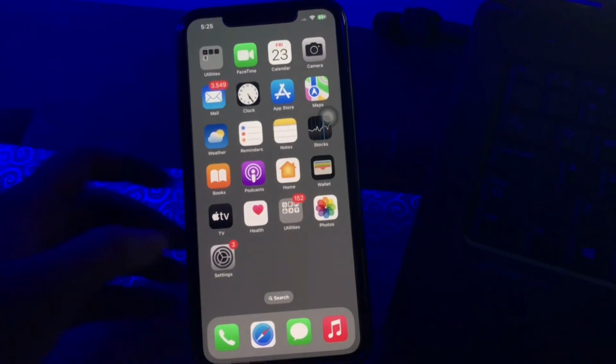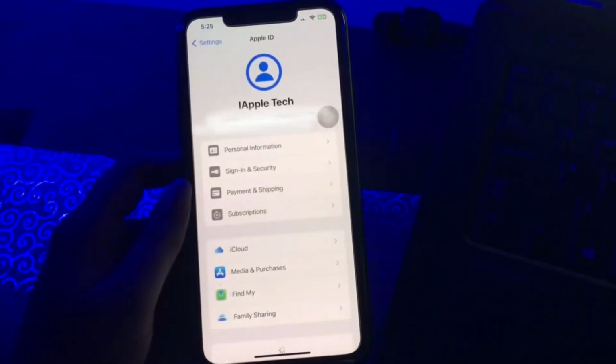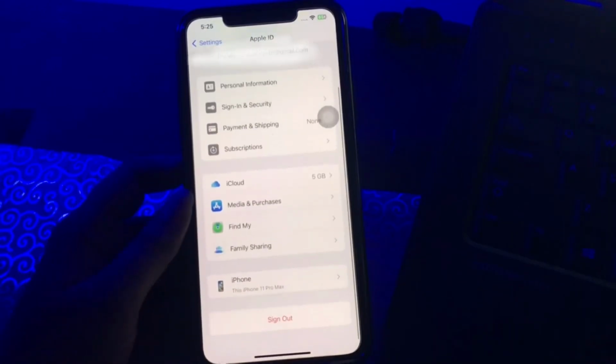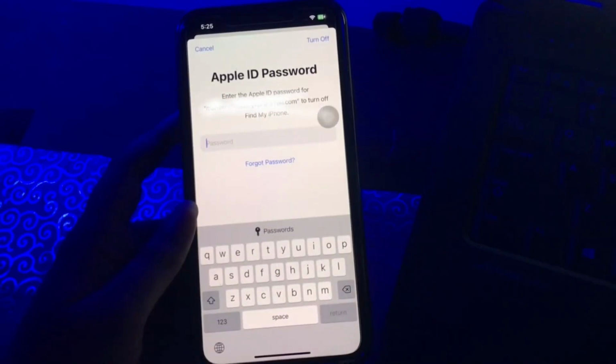Launch the Settings app on your iPhone and then go to the Apple ID page by clicking on the profile name at the top. Now once the Apple ID page is loaded, scroll down to the bottom and click the Sign Out option. Enter your Apple ID password and click Turn Off at the top right side.